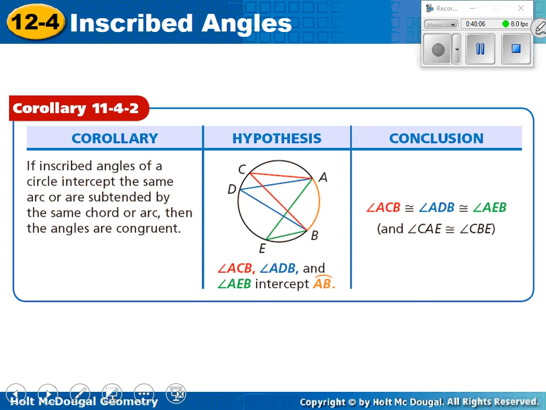Here's the next one. This is going to be really important. It's not really anything different. It's really the exact same theorem, but they're just applying it to several different angles. If you have more than one inscribed angle and they subtend the same arc,